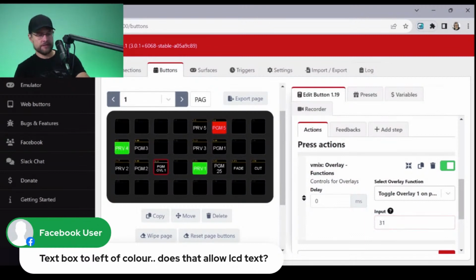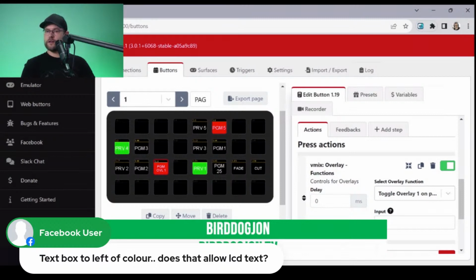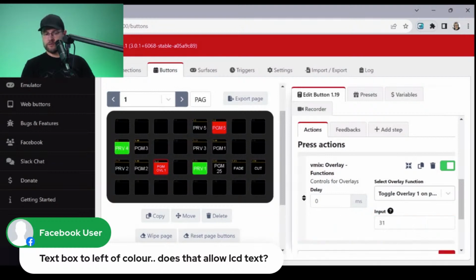So now if I do this, hey-oh, input 31 on. All right. And then will it transition off on its own? It does, and it turns off. So the tally light comes on for the overlay, which is handy. And when it clears it, which I have set up on a timer, it turns off the tally light on the Xkeys. So fantastic. That's exactly what I wanted to see.